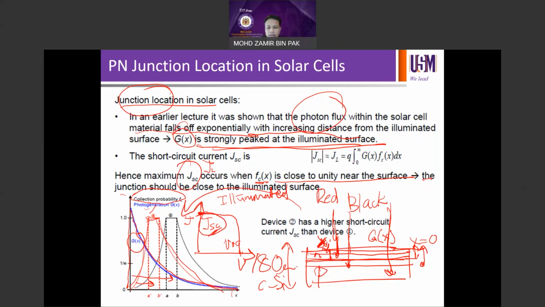So that means if you want to design a junction, say for red, assuming you are doing your junction depth at about 200 nanometer, for black, maybe you're talking about 2 micron, or 2000 nano. So if you compare 200 nanometer and 2000 nanometer, obviously your 200 nanometer of junction depth will give you higher photocurrent at short circuit, or JSC, because the junction is designed to be as close as possible to the